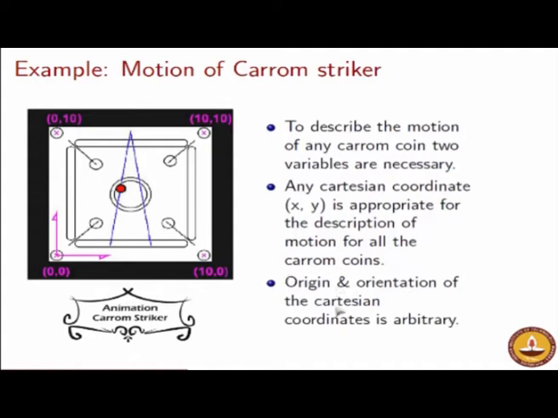And as we have seen, the origin of the Cartesian coordinates is arbitrary, not only the origin, even the orientation could be arbitrary. There is no reason that these coordinate systems have to be aligned in the fashion of left to right and top to bottom. It could be oriented in an angular fashion also, but I will leave that complication at this stage. With a little bit of thought you should be able to convince yourself that it is possible to choose a coordinate system with a different orientation also and still describe the motion characteristics of the carom ball.